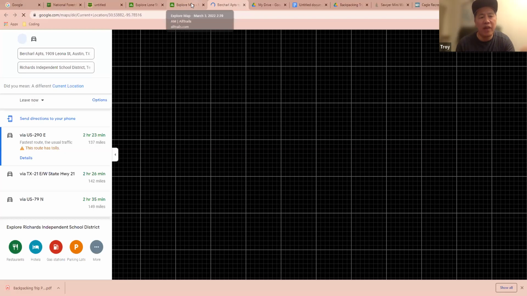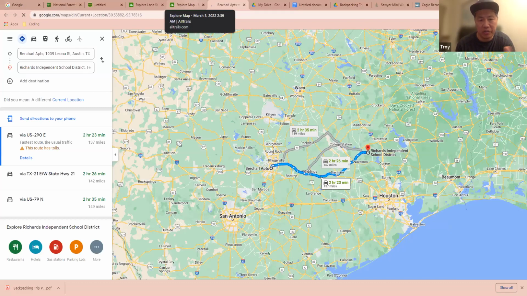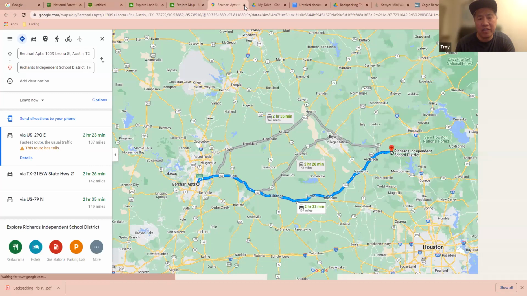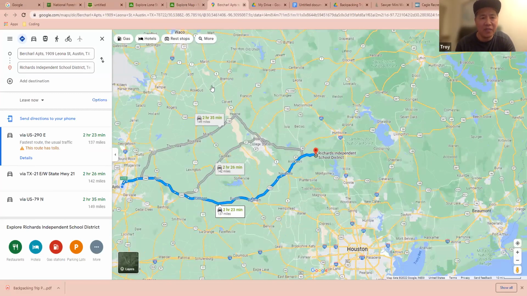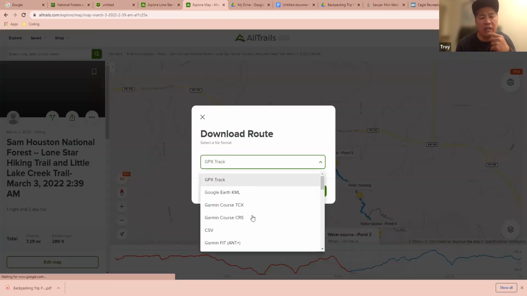So people can find exactly where the trailhead is, exactly where you're supposed to meet, once they learn AllTrails. So it actually is mapping from your home to the trailhead. So that in itself is kind of convenient, right? Okay, so go back to AllTrails. Yeah, and then the next one, I think if you click on the 3 dots, then you can download. Okay. So I think you can only download it. No, you can download it anytime.